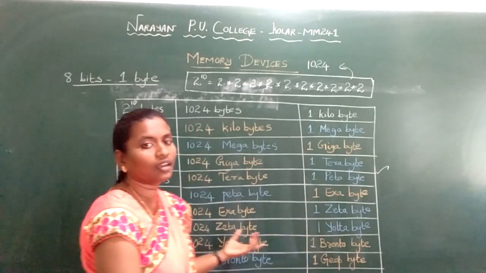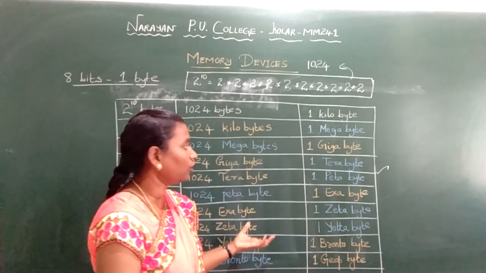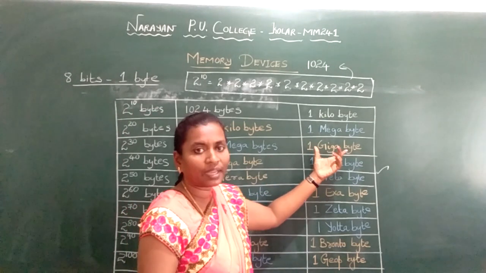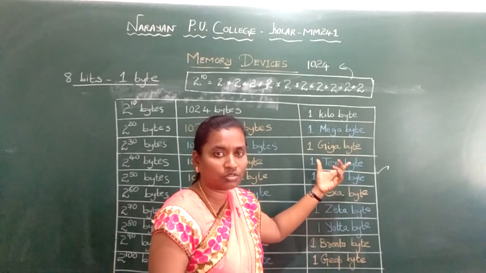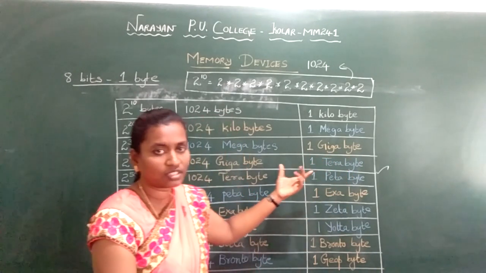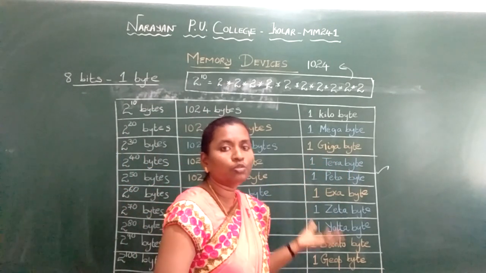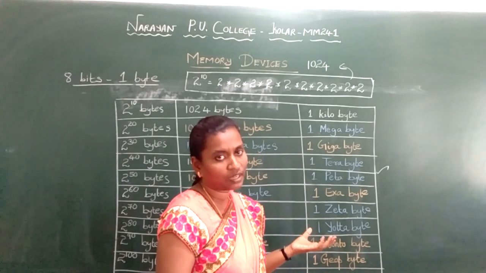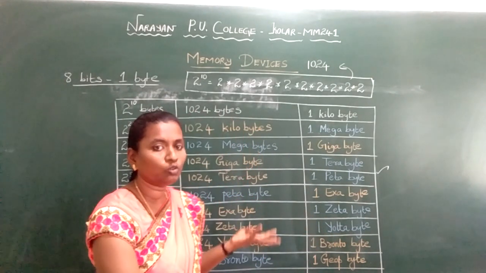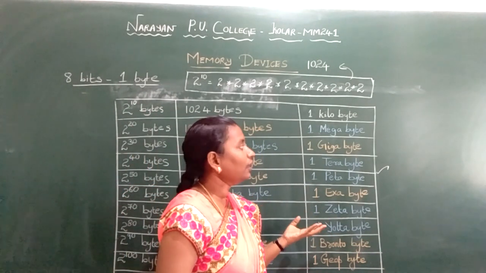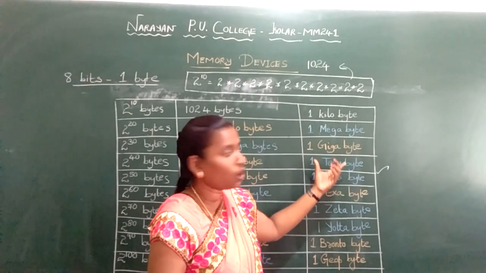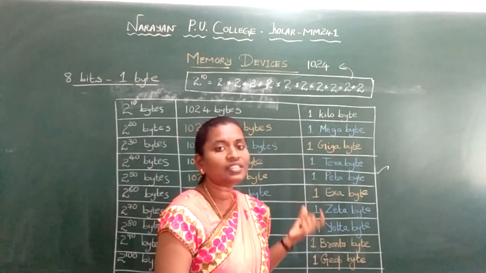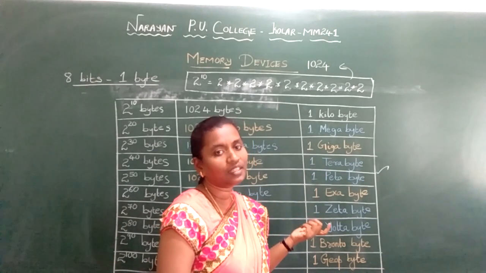In 2005, 2007, 2008 and so on, we used to have only gigabytes. The hard disk capacity would be like 500 GB or 600 GB, and the RAM capacity would be 2 GB or 4 GB. Your primary memory or main memory will be 2 GB or 4 GB. Your secondary memory, that is your hard disk capacity, used to be in GBs. Now it is in TBs. We have separate hard disks that come in TBs only.